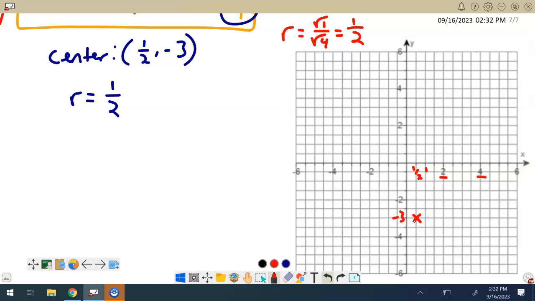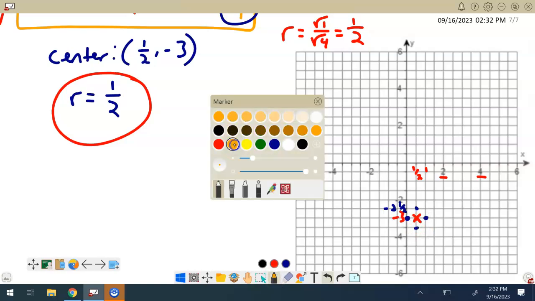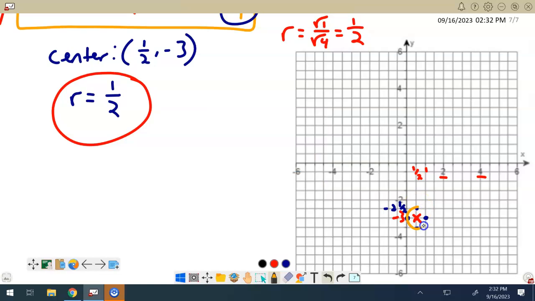So again, I'll mark it with an X, right? Because that point actually isn't on the circle. It's the center of the circle. And then I want to find all the points that are exactly 1/2 away. So I'm going to go 1/2 to the left, which is going to be this point here. 1/2 to the right, which is going to be at 1. 1/2 up, right? Because again, this is -2, so this is -2.5 right here, right? And then 1/2 down, and we get this pretty tiny little circle around the center. So it's going to look like this. So that is our graph,